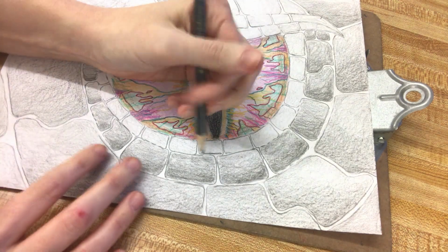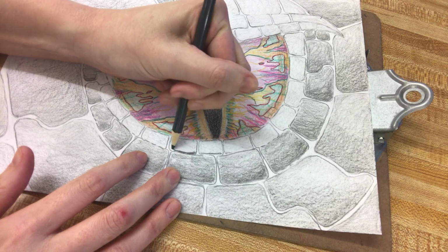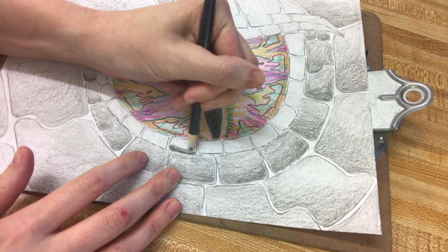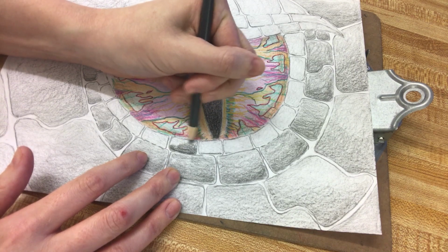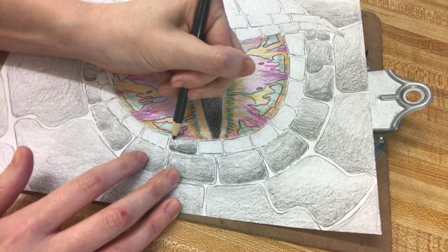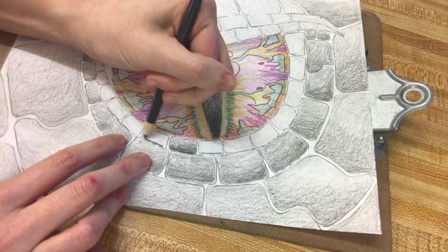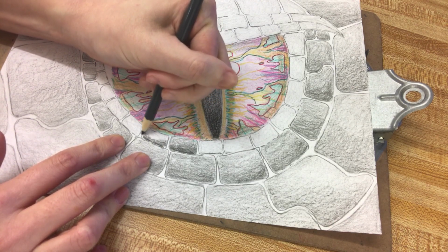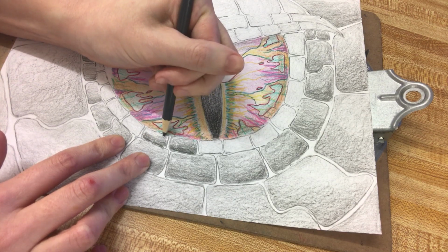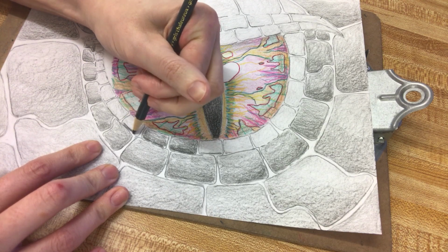And I'll start off with an easy one. My absolute heaviest pressure with my gray, this is a 6, 5, 4, 3. Very, very heavy at the bottom. I'm going to do another very heavy at the bottom right here. Level 6, 5, 4, 3, level 6,